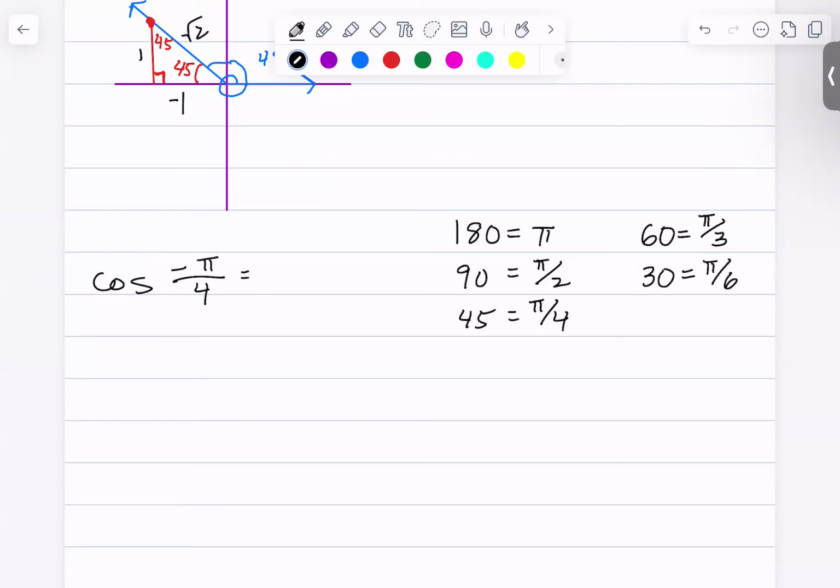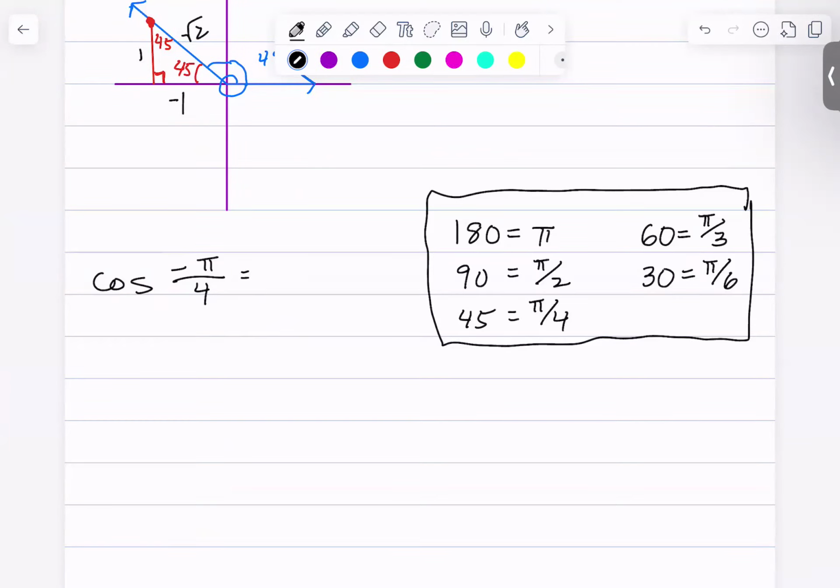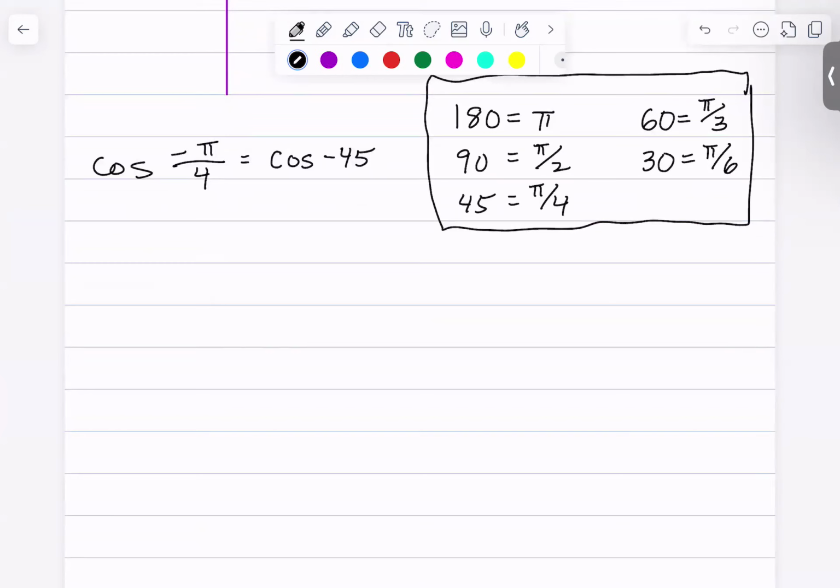Okay? If you guys just memorize this, it's going to be easy for you guys to go from degrees to radians and radians to degrees. Okay? So the cosine of -pi/4 is the same thing as cosine of -45. Okay, so if I draw that triangle out, that's going to be in standard position. It's negative, so it's going this way,